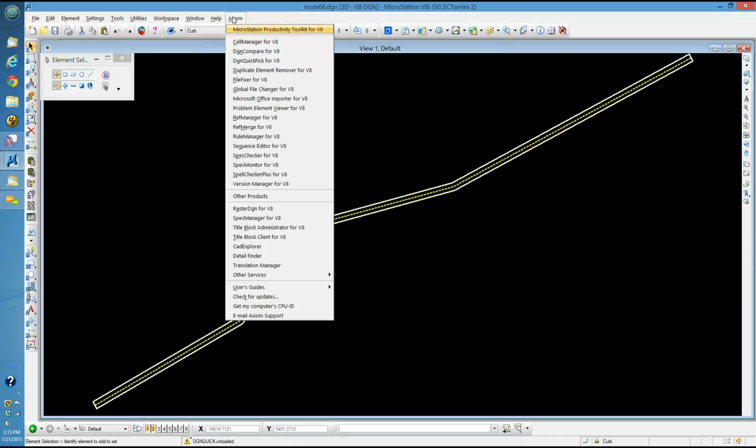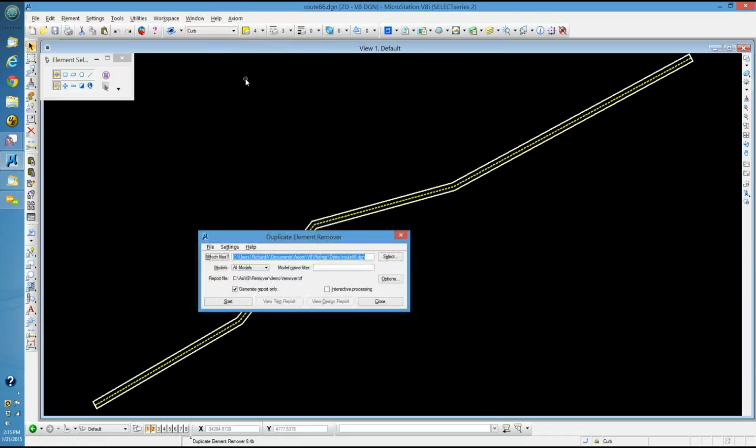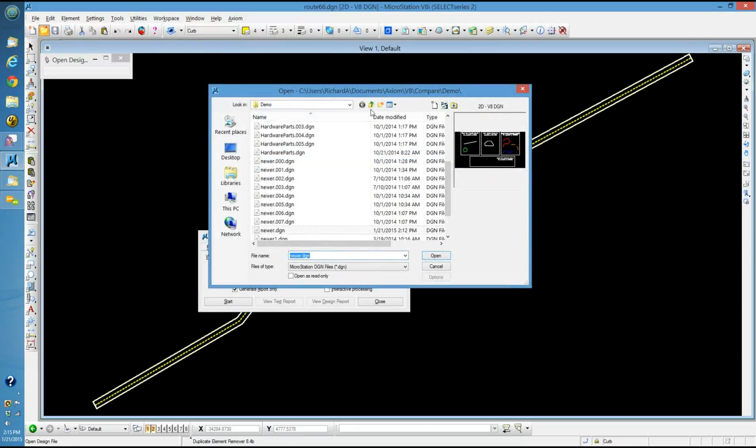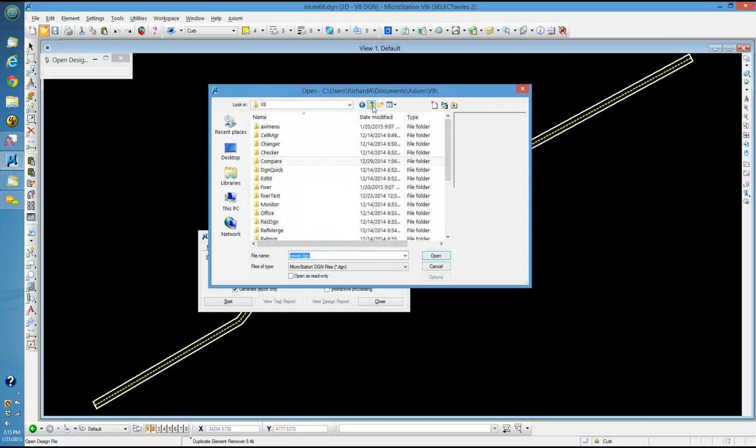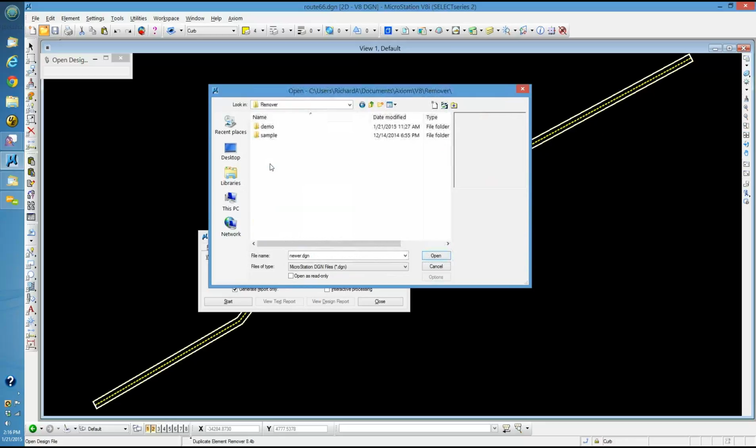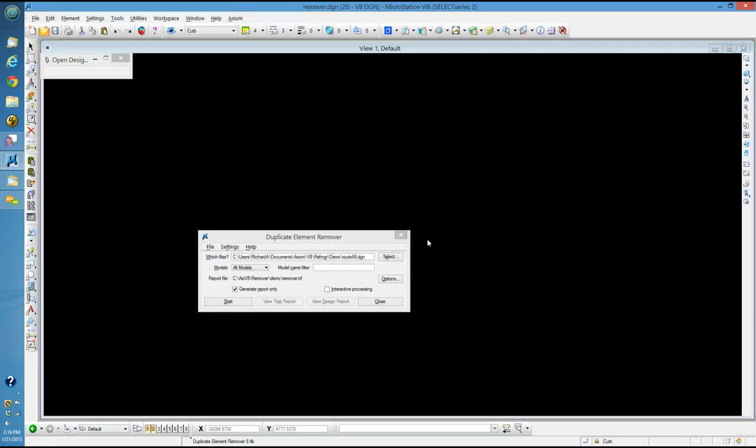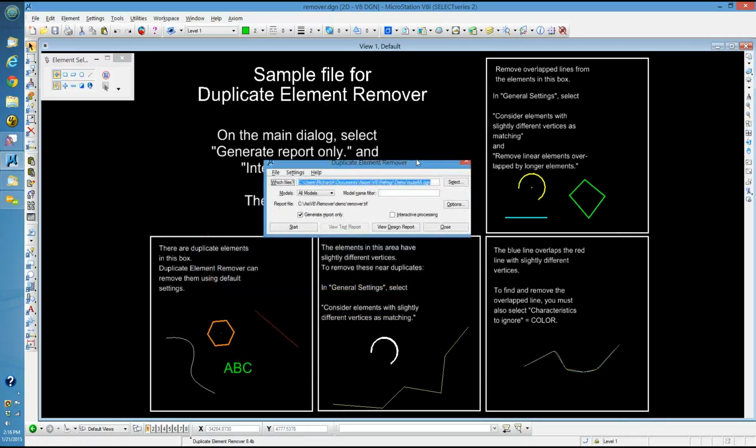Next program is Duplicate Element Remover. Now, with this program, let me open a different file here. We'll open one that's appropriate for Duplicate Element Remover. And there we go, demo, and we'll open remover.dgn. Okay, so